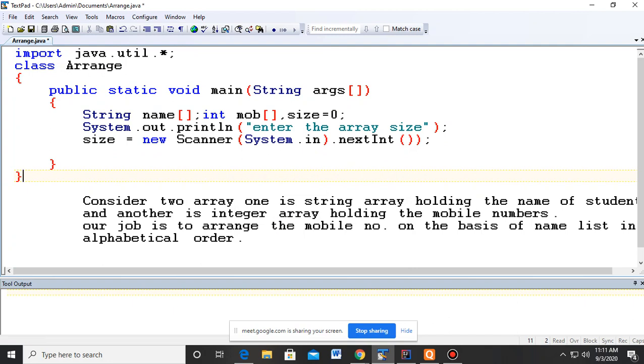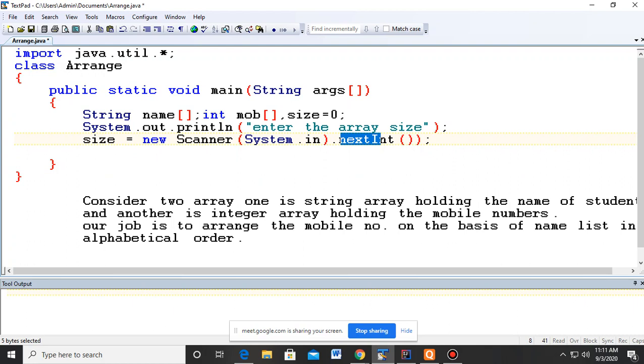Children, actually what I am doing here, I am making a temporary instance of the scanner class, and with the help of that temporary instance I am just receiving an integer value from the user.